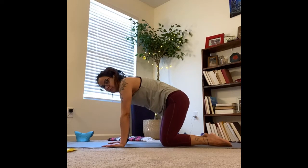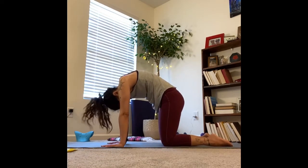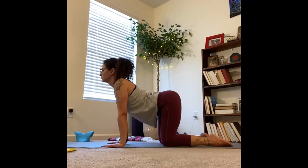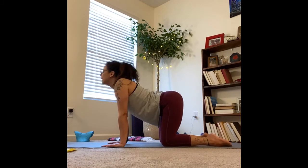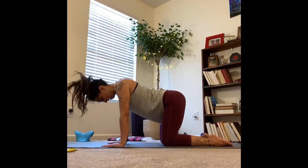Exhale, round through the spine, tuck the tailbone, puff up between the shoulder blades, and bring the chin under. Inhale, and exhale. Inhale,